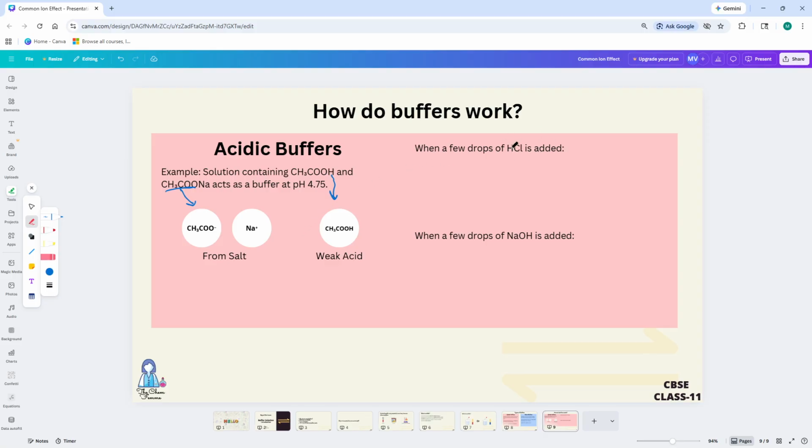Now, when you add a few drops of acid, think about this. The first thing that's going to happen is there is going to be a slight increase in H plus ions, right? There's going to be an increase in H plus ions. So what happens is the acetate ion, which is from the salt, so it's going to give CH3COO minus. This ion is going to combine with the H plus ions to give us